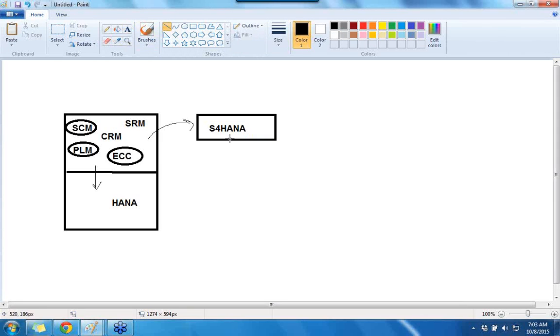So this is nothing but the optimized Business Suite powered by HANA, which is very simple